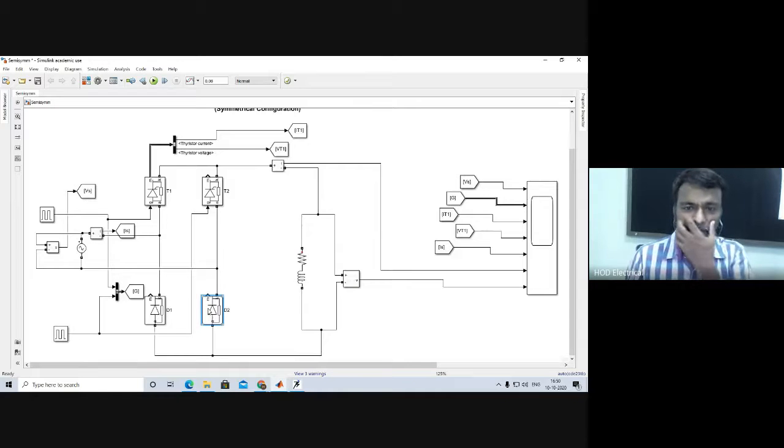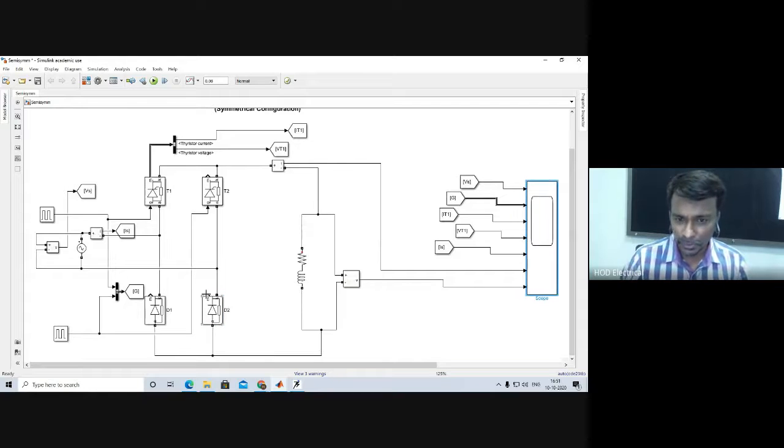Then during the negative half cycle, we give the firing pulse to T2. So current flows from the source through T2 and the load, comes back through D1 and returns to the source. But during the zero crossing, there is no supply, so there is no voltage in the load. Due to the inductive effect, D2 will be forward biased, so the current will flow through it. So this is the output voltage waveform.